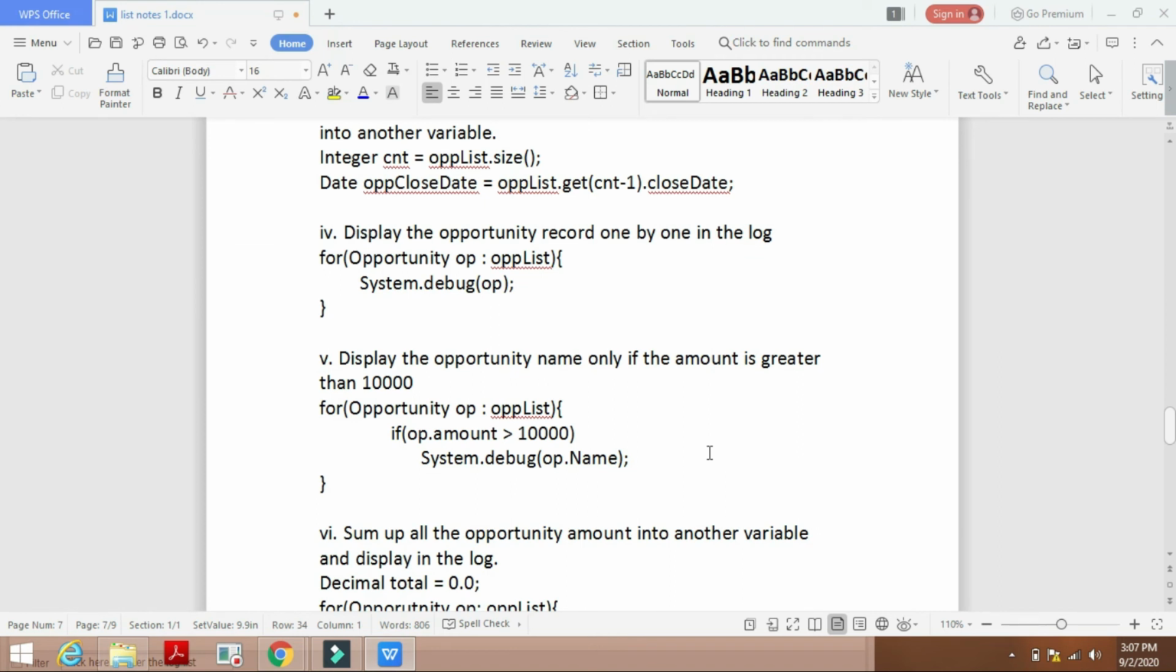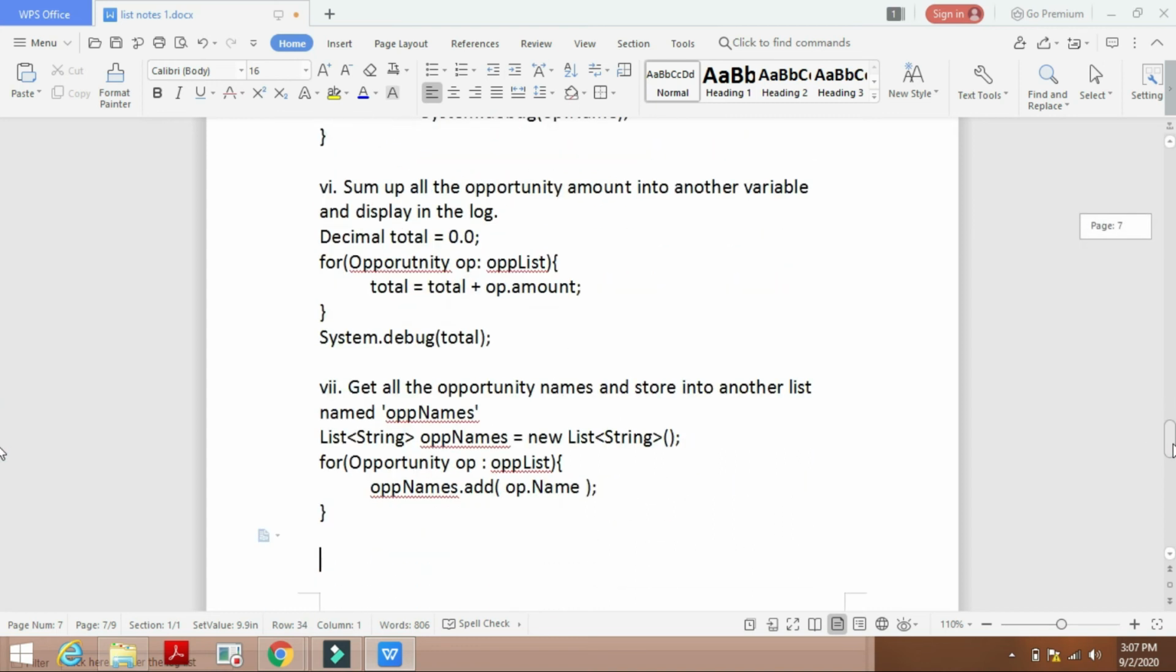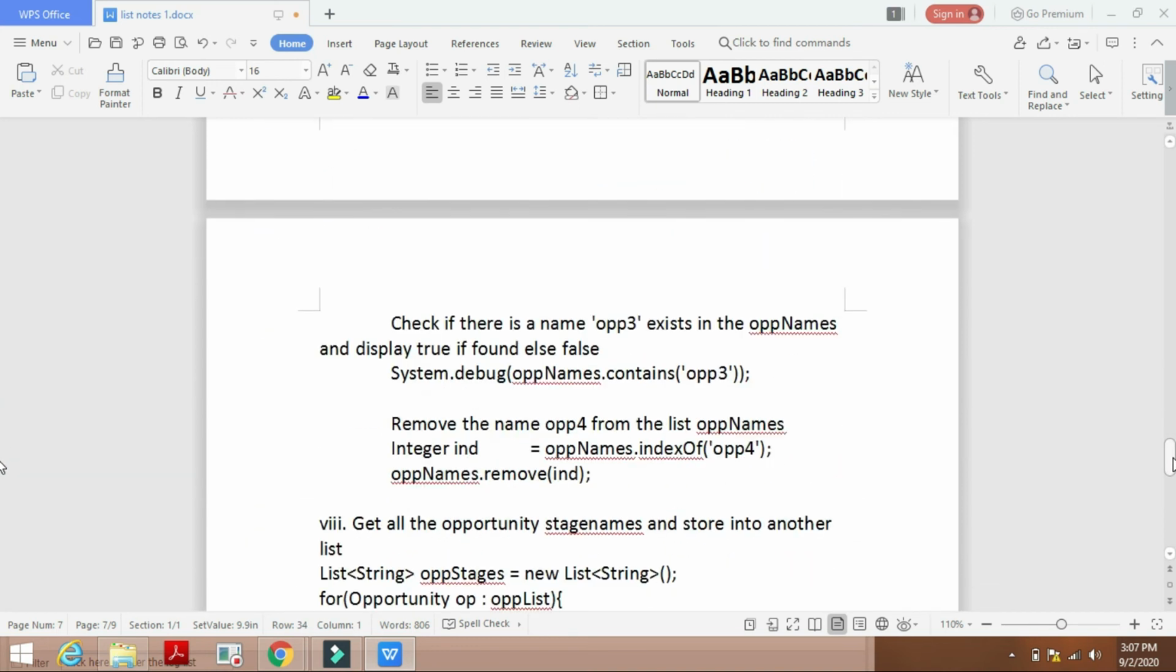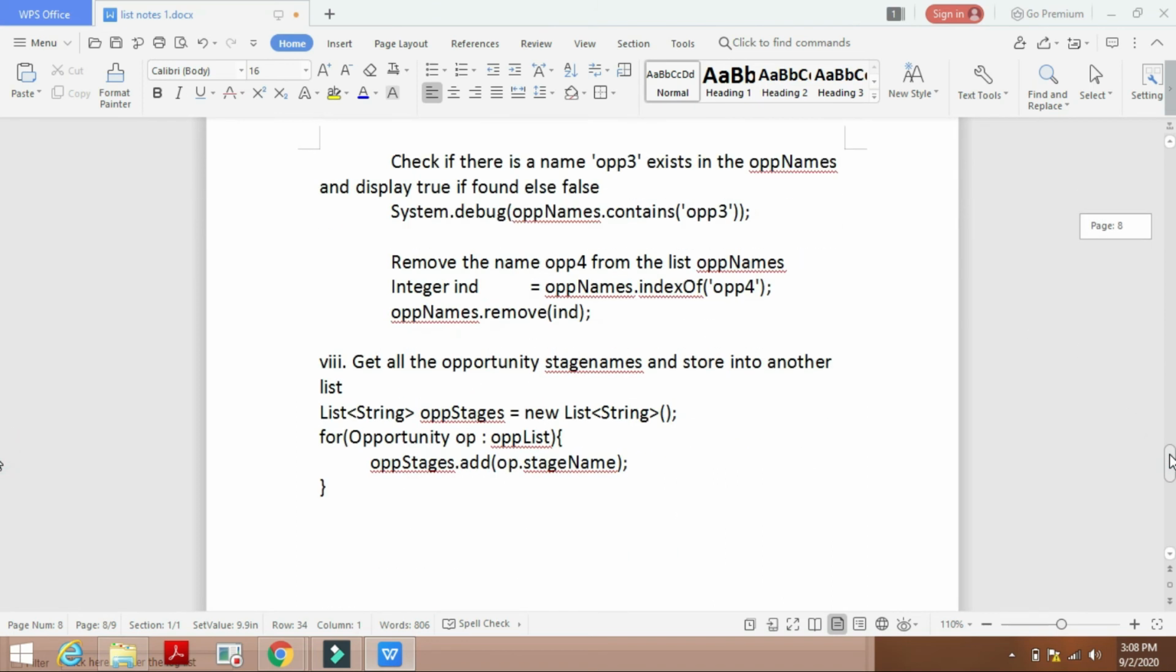So the next one is: check if the name Opp3 exists in the oppNames and display true if found, else false. Okay, so we use the contains keyword to check whether an element exists in the list or not, and if you want to remove the name Opp4, we'll use the remove keyword. Okay,